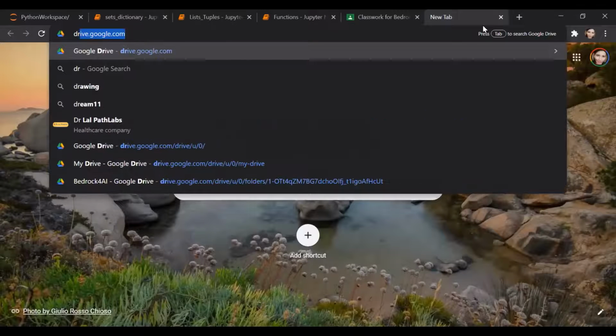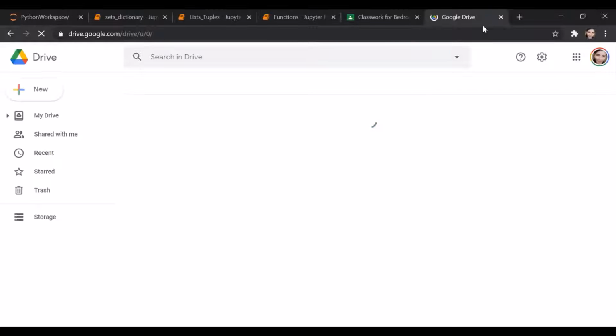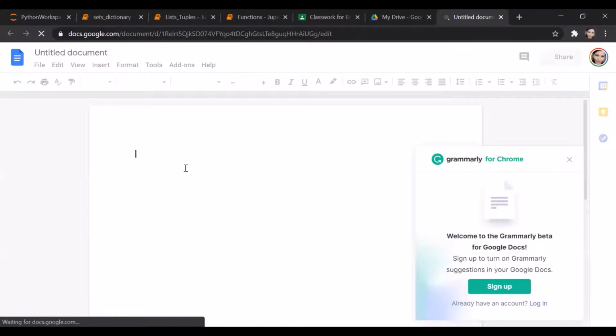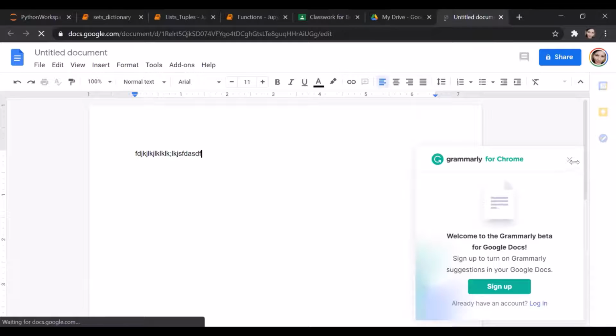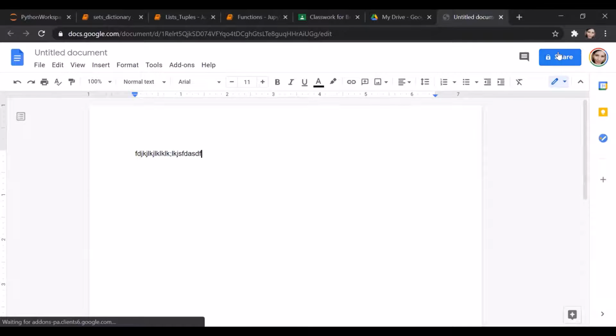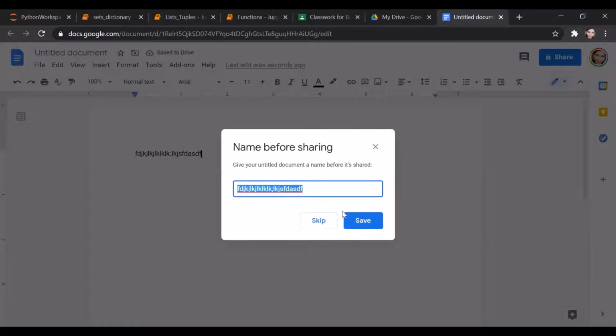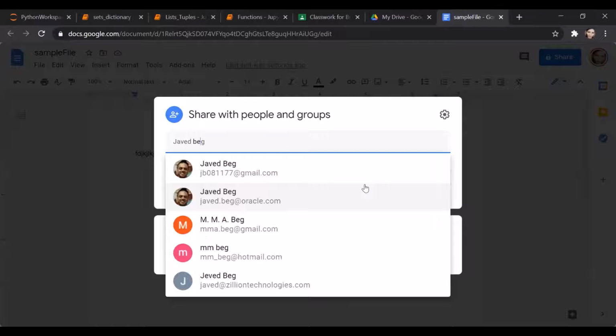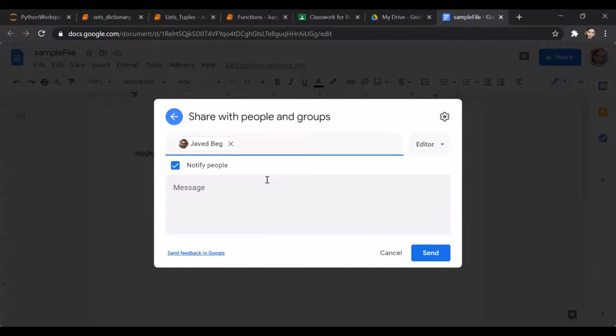Let me see if I can show you that. If I create this file with some dummy data and share it, I created a file with whatever data in it.